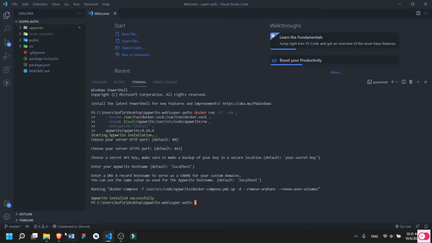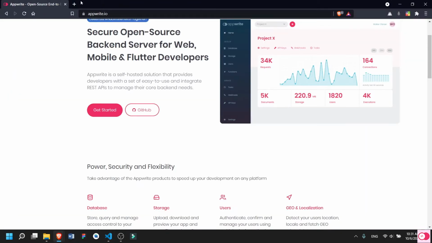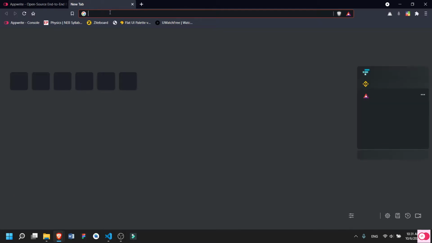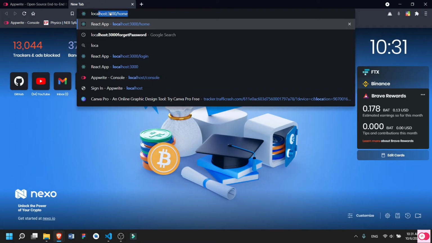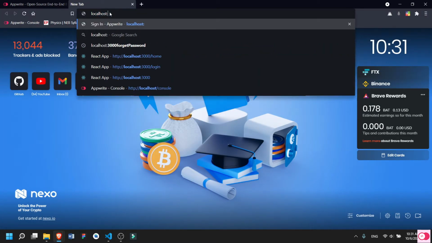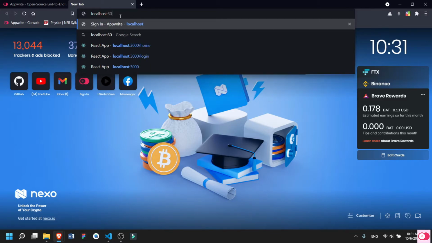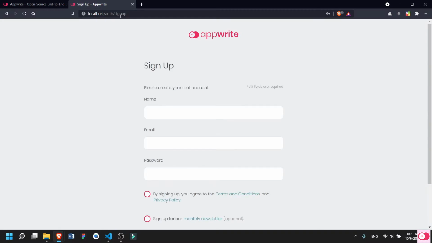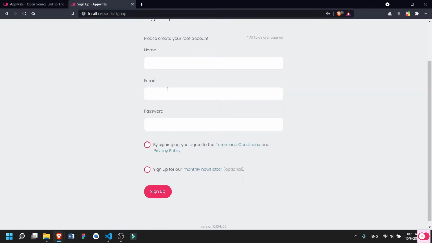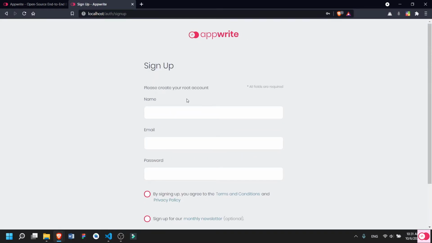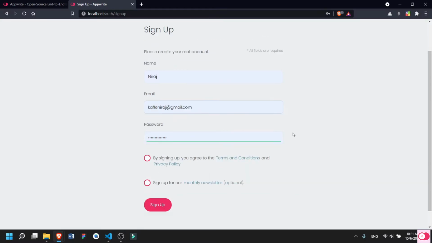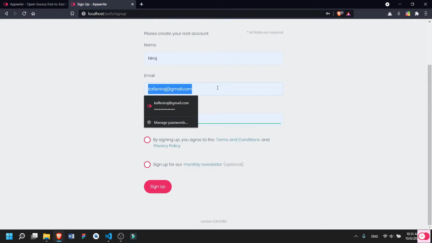So let's go to our browser and go to localhost 80. This was the port that we selected, so press enter. Now it is asking me to sign up, so I will sign up using my credentials, my email address, and I will write my password, and I will press on sign up.